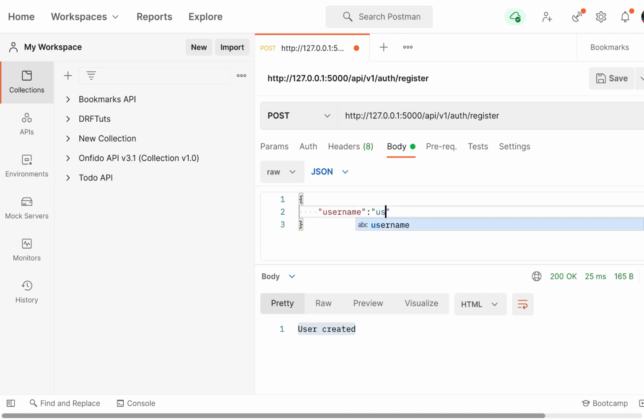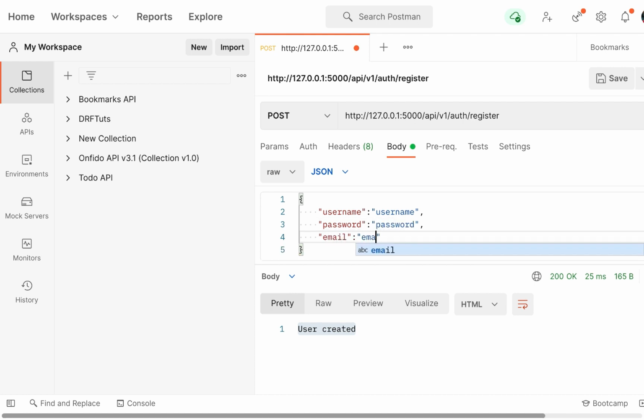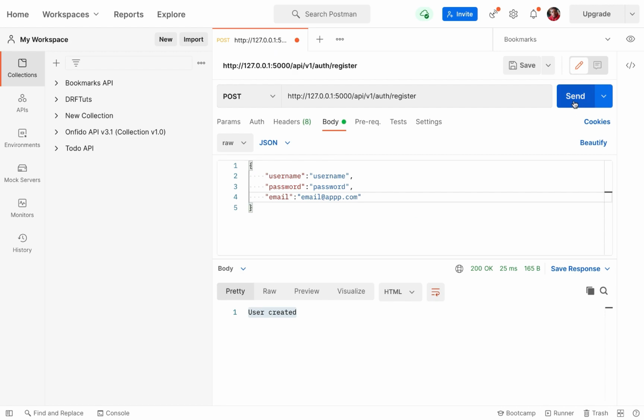So for the username, I'm just going to say username. Let's set the password. So the password can be password. Then let's also add an email. So we can do email, serve email at app.com. And now, if we made this request, so if I click send,